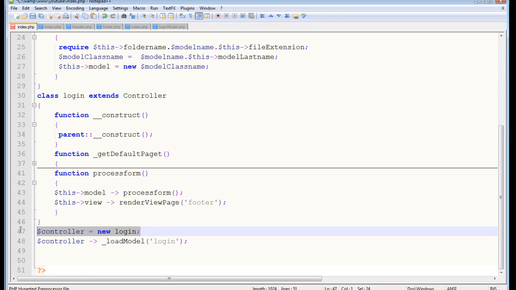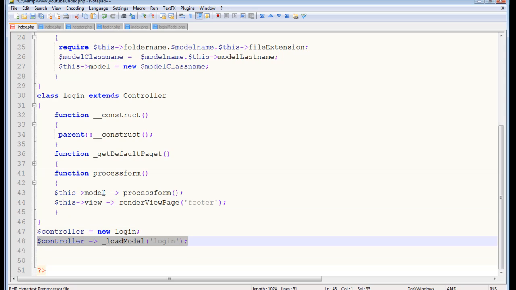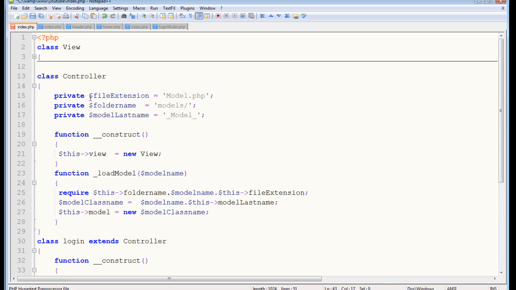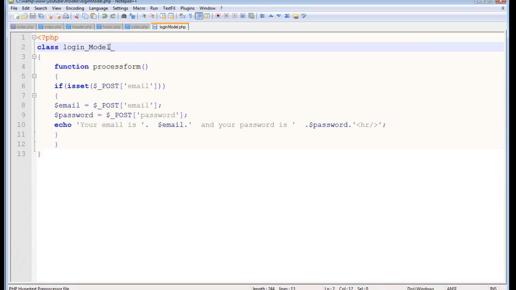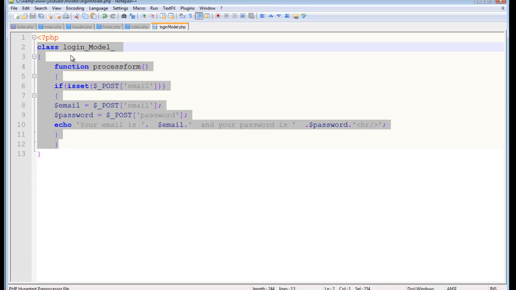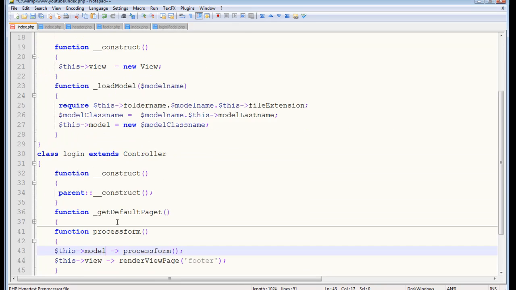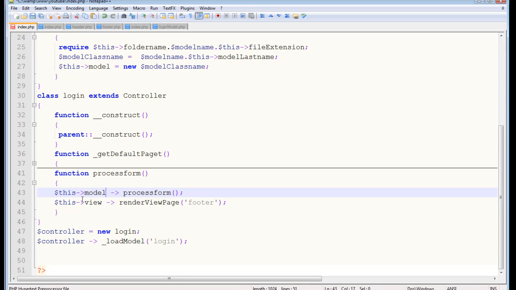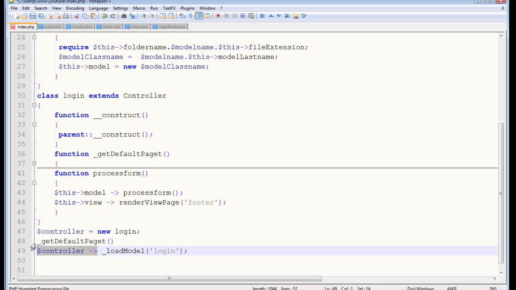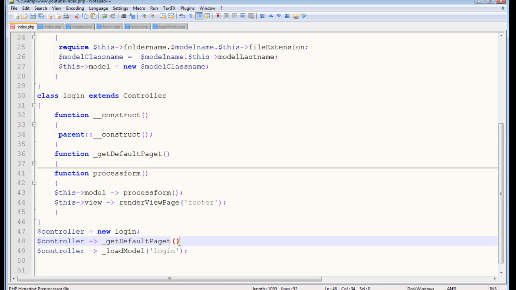So you use the constructor to call the view class object, and you call the load model function to grab this model object. So any function within this model, this login model, can be called now with the class object of this login model class. That's the idea. Okay, so now you've done that. All you have to do now is get your default page, and then finally make sure you put end of statement right there,